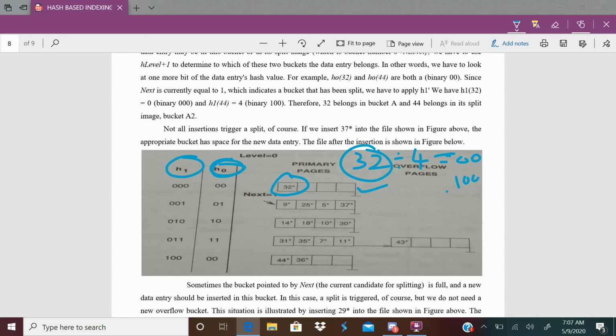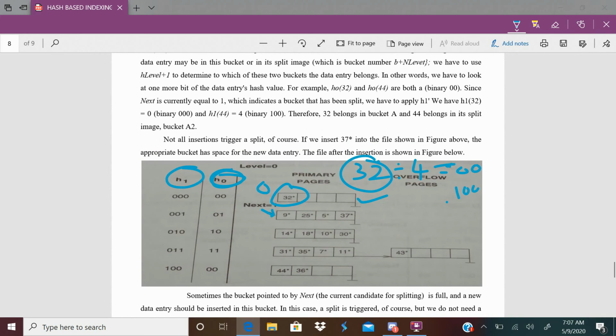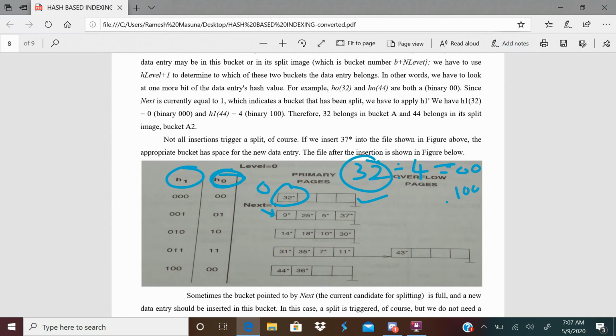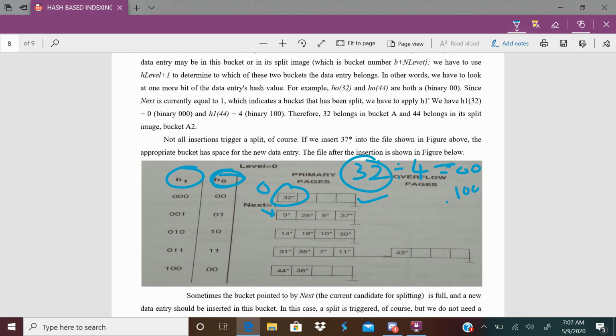Now observe a point. If I'm searching for 32, that may be there in the 0th bucket, or in a bucket after the last bucket, the 4th bucket.